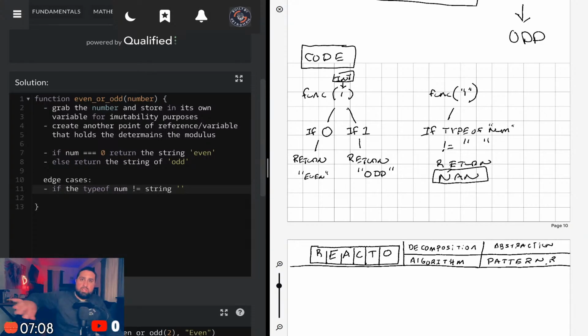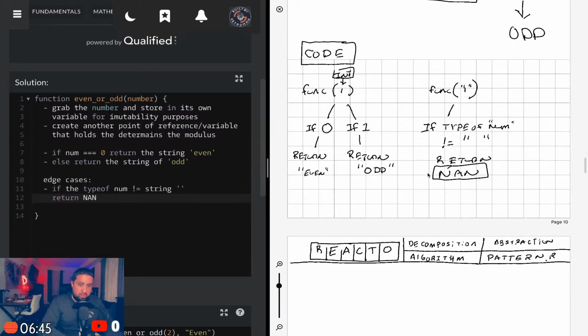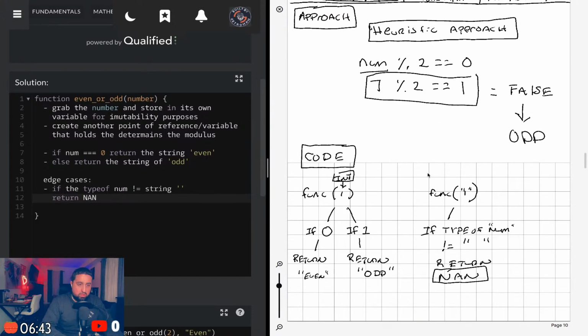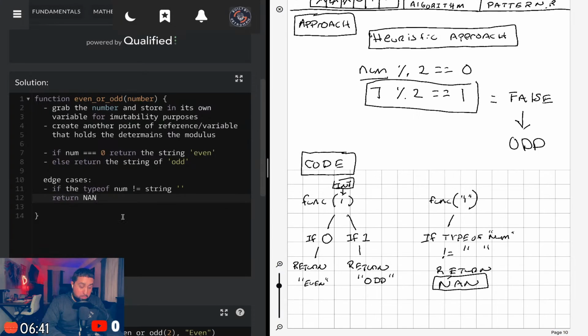That'll pretty much get rid of all of the other edge cases, I think. If it's an array, an object, or a negative integer. I'm not sure about the negative part. So, all right, boom, then I guess return not a number. I don't know if they want that, but we're gonna go with this. I think that's it. We're gonna just stick with this piece here.